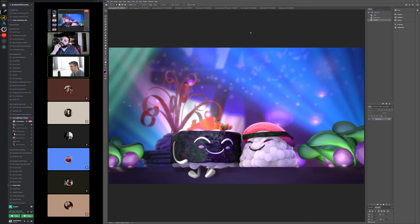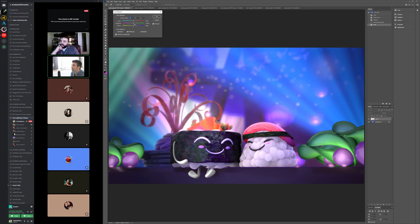Looking at it with fresh eyes after some time away, I think that the environment looks good. There are only two things that I was looking at. The only thing I could think of would be adding, to this little rice ball here, a little bit of shadow underneath from the sashimi on top, and then maybe warming it up a little bit might help too. Just the rice itself. I know that it detaches it from the space a little bit, but I think if we keep everything else...